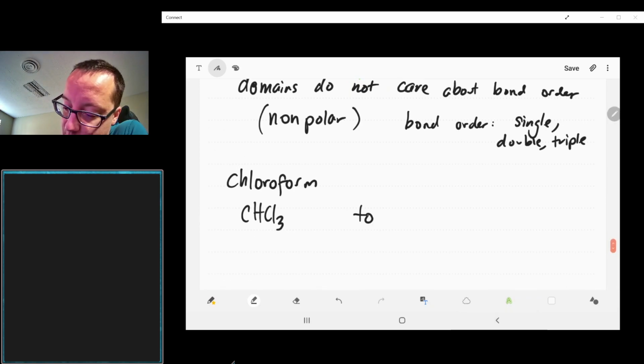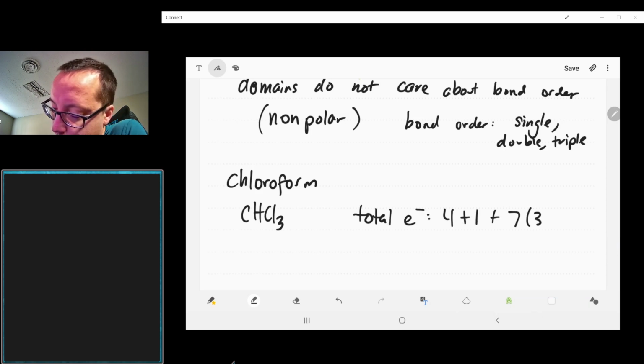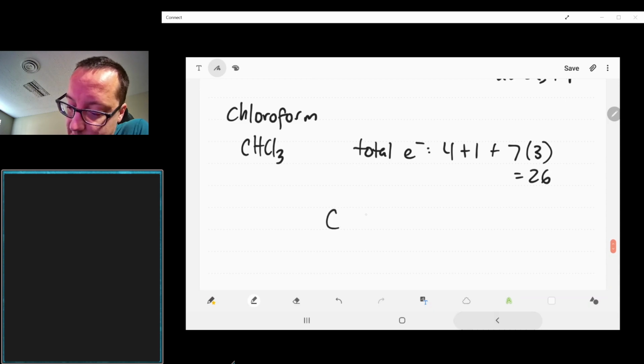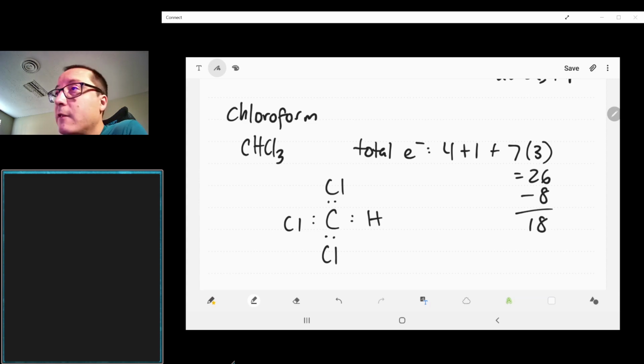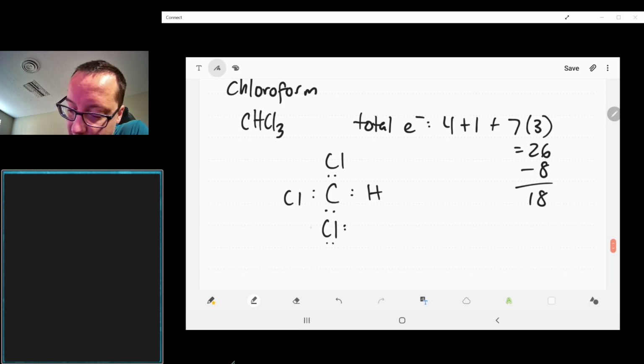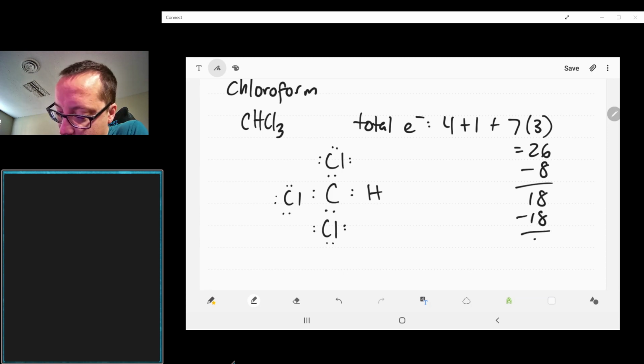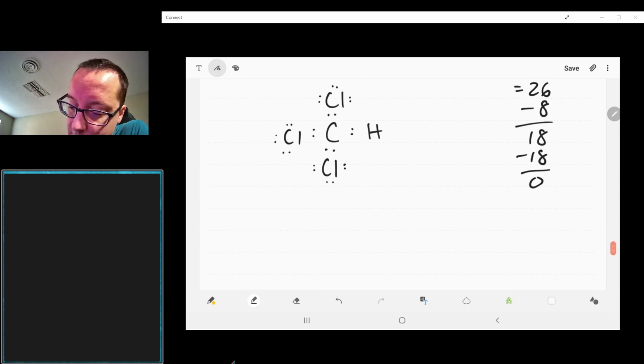If we're to come up with its Lewis structure, its valence electrons are going to be 4 plus 1 plus 21, which is 26 electrons overall. Put the skeleton together. It doesn't matter where you put the H versus the Cls. We're going to use up 8 electrons. We have 18 left. Those 18 are going to go to the chlorines. Remember, hydrogen is already happy with 2. It does not need more. So we'll have nothing left. If we redraw it,